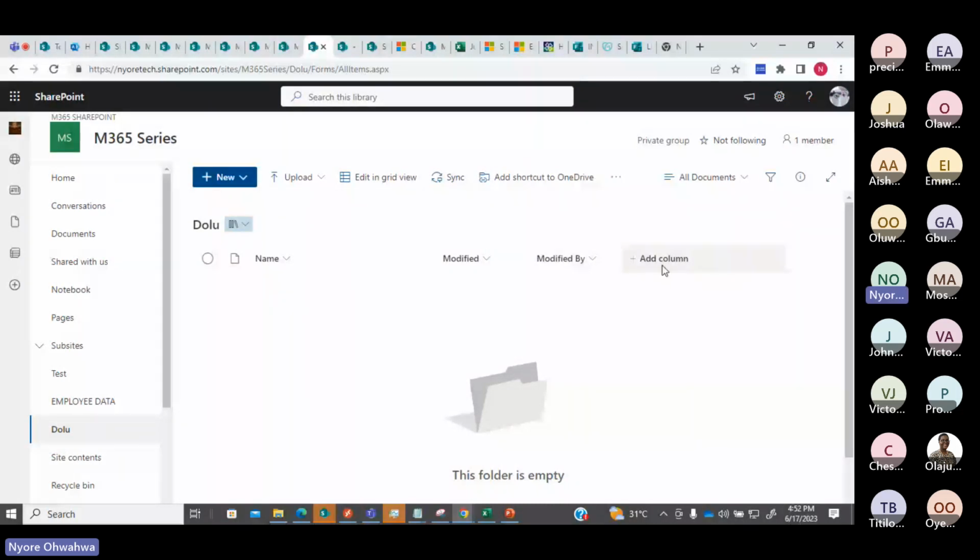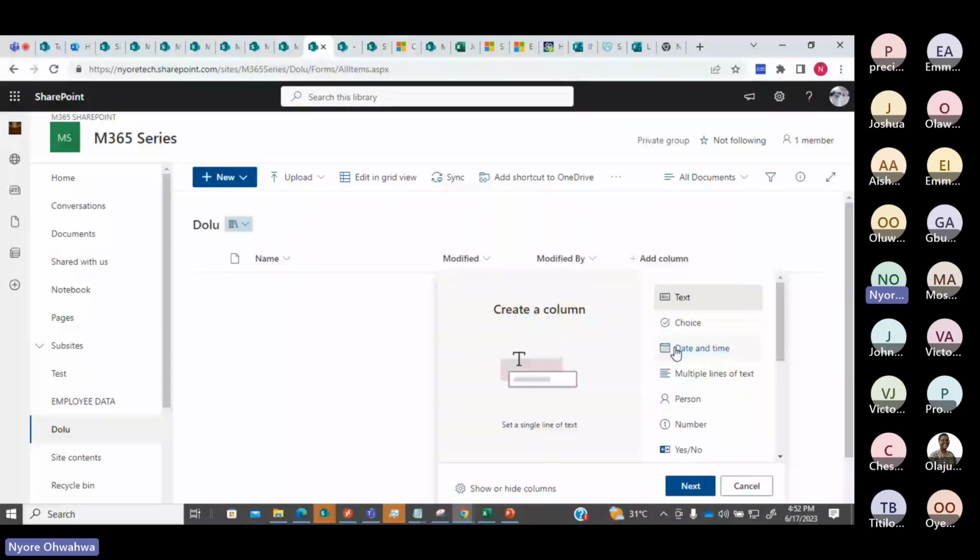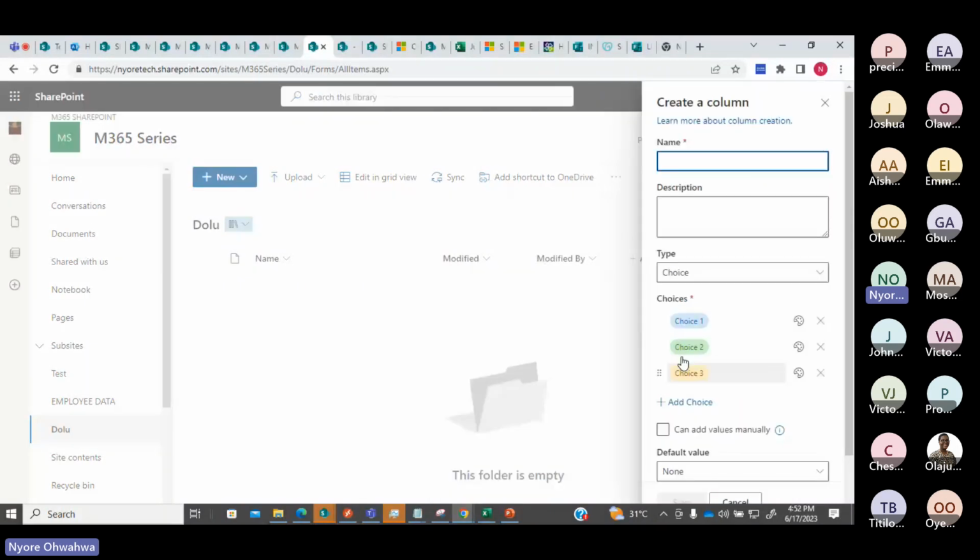Let's say you want to add a choice column and say next. You may want to classify the documents as, let's say, confidential documents. Sorry, you may want to say HR documents, you may want to say finance, and all of that.